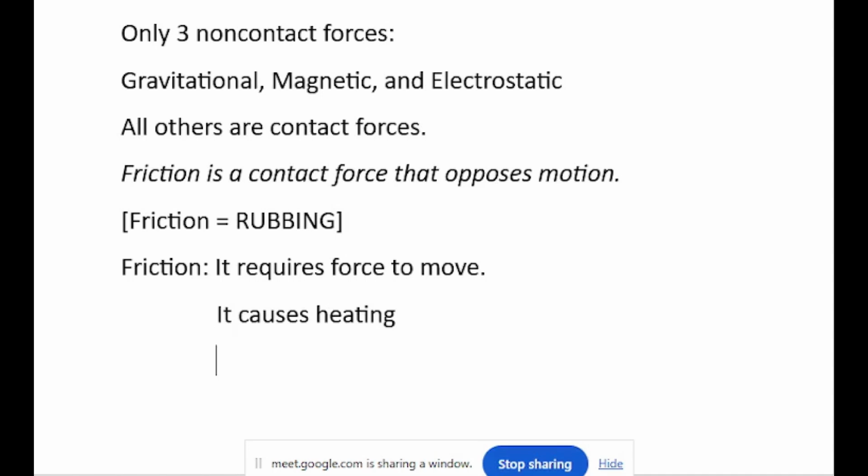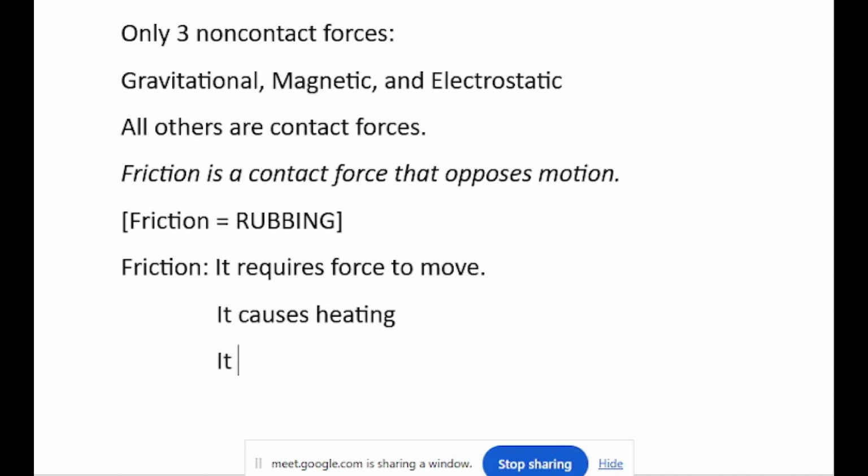Matchbox, when you rub, without heat the matchstick will not light. Because of the heat you can rub and get the matchstick lighted. So the matchstick lighting is because of heating. Rubbing causes heating. That is because of friction, and you require a large force to move. And